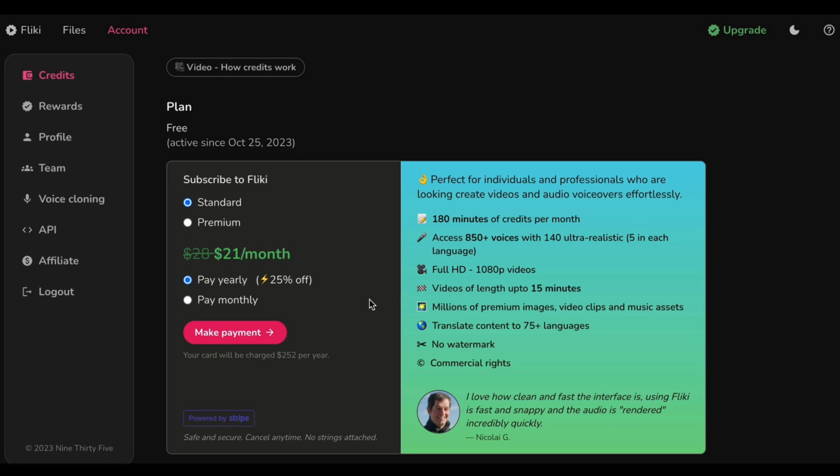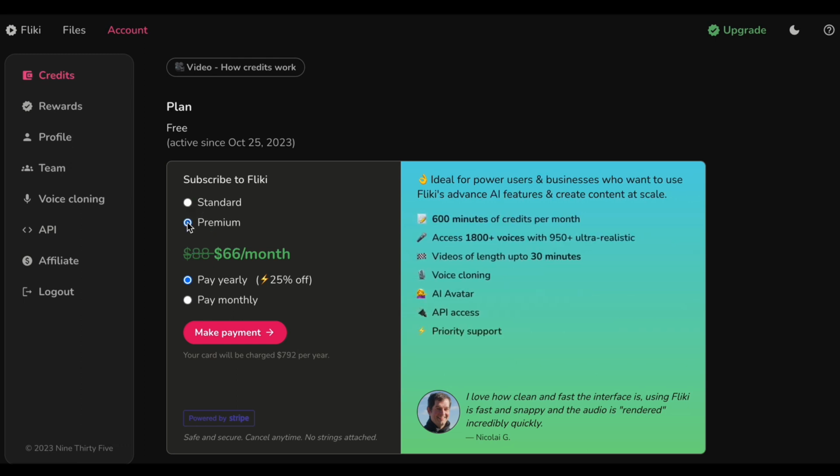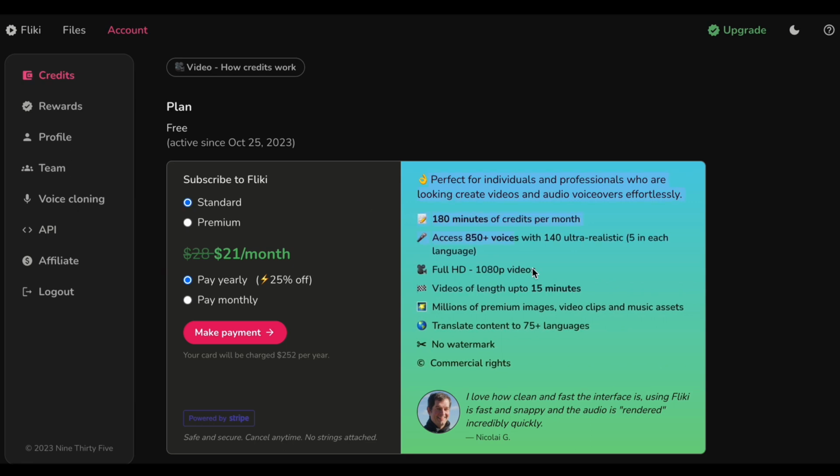Fliki AI offers two distinct plans, the standard and premium plans. The standard plan comes at a monthly cost of $21, but if you opt for the yearly term, you can enjoy a 25% discount. With this plan, you gain access to 180 minutes of credits, an extensive library of 850 voices, the ability to create videos up to 15 minutes in duration, voice cloning capabilities, AI avatar integration, API access,